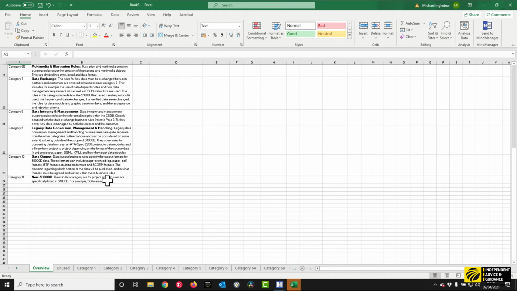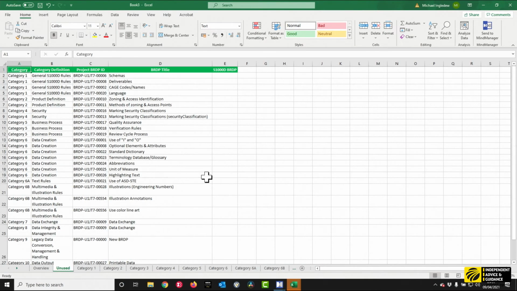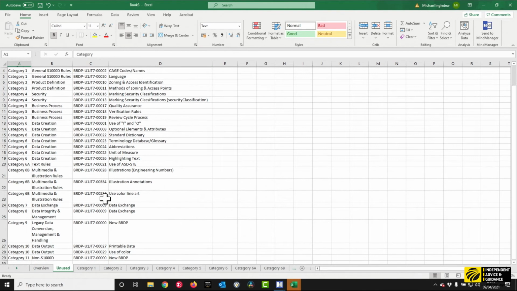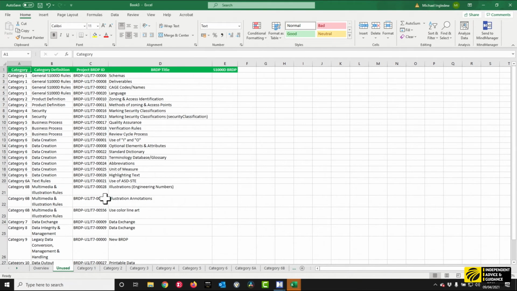our own project-specific categories. And because S1000D says we should go through all of these decisions, there are lots of decisions that won't be appropriate to our project and we won't be using, but for good and best practice we should still document that we're not using them, if that makes sense. So here we separate out all of the BRDPs that are not being used on the S1000D project that we